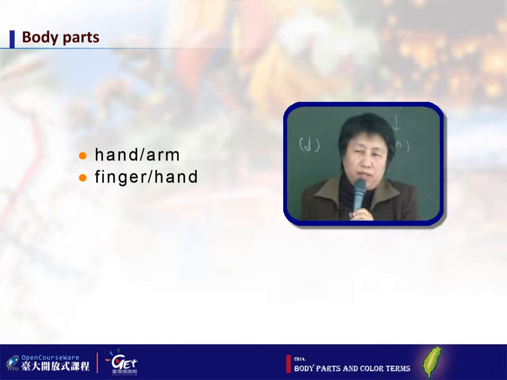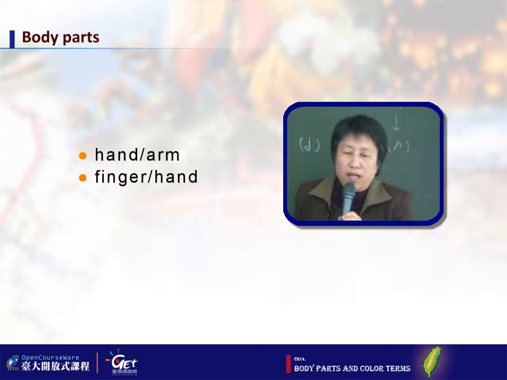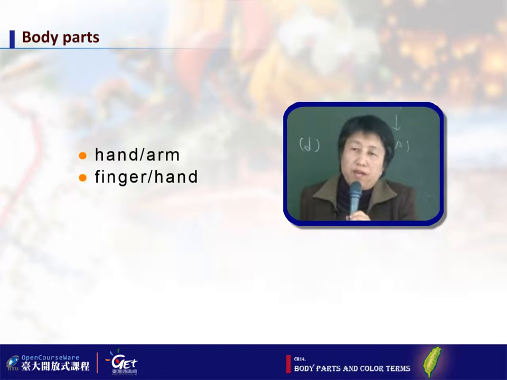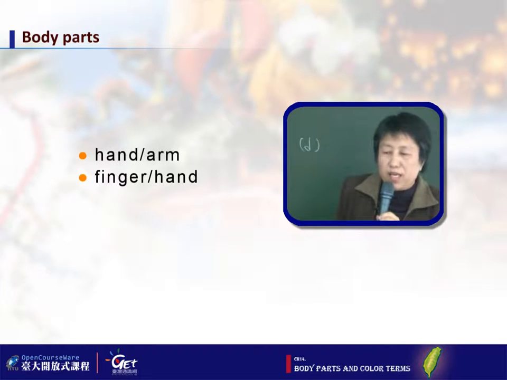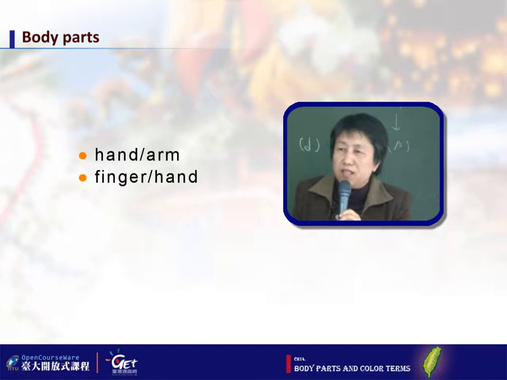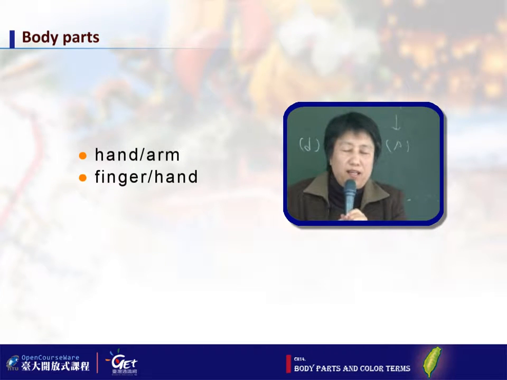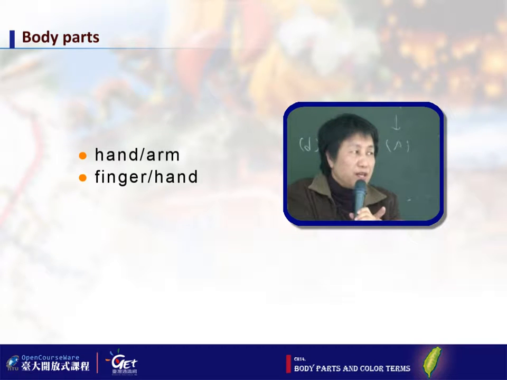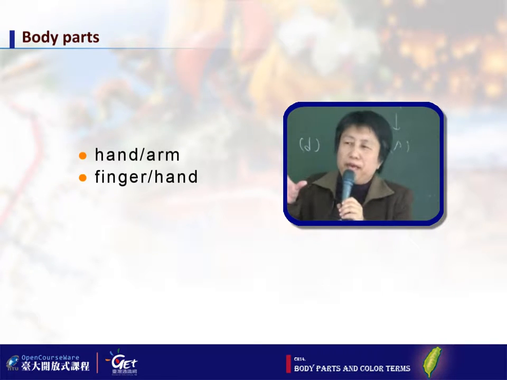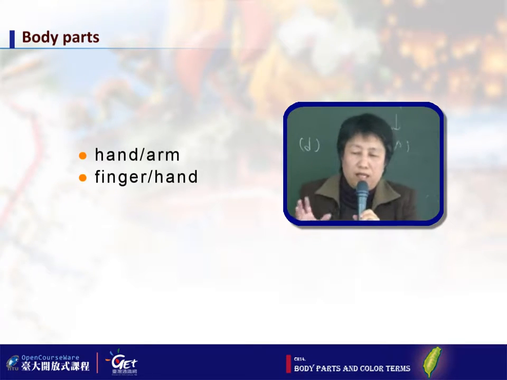The languages would differ in whether hand and arm are considered as one term, or they are separate terms for hand and arm, and then also finger and hand. Okay, we know that in English, hand and arm are two separate terms, right? And in Chinese, hand and arm share the same form, hand, 手. Then we have hand, and arm will be 手背. You put another term together, but basically we share one basic lexicon.